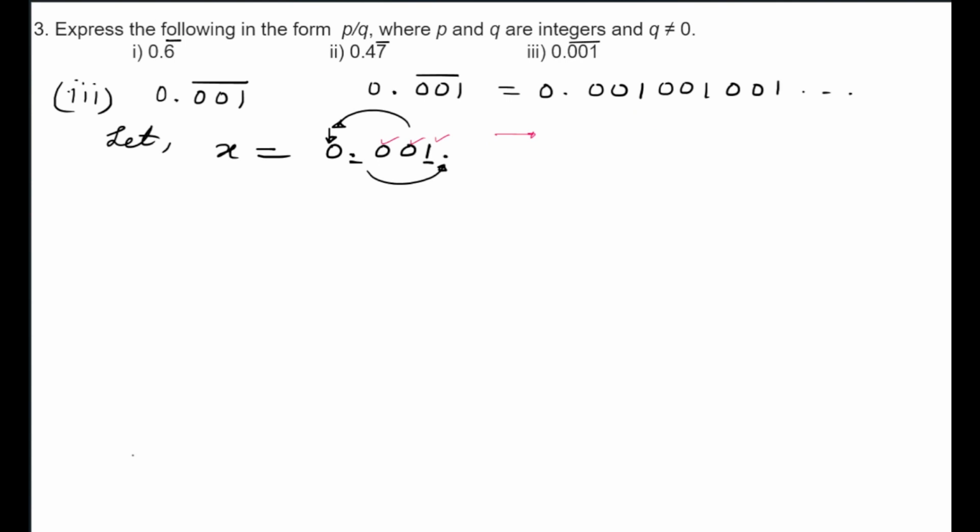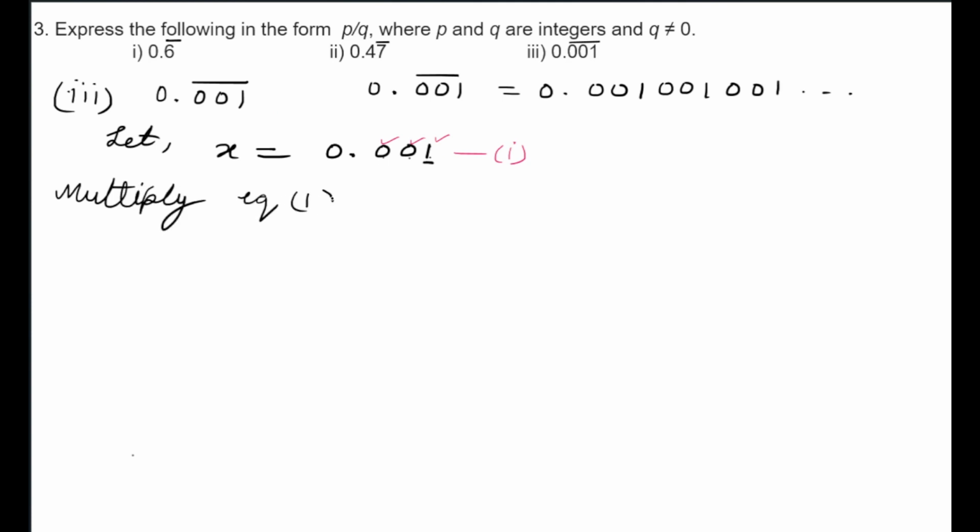So for doing that, we need to multiply it with a number with 3 zeros, and obviously it will have a 1 in it. So we are going to multiply the number with 1000 here. What we will do is we are going to mark this whole thing as our equation number 1, and we are going to multiply